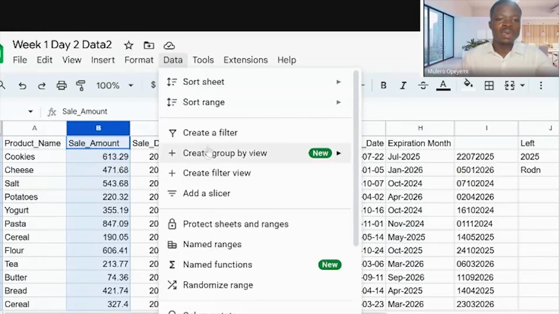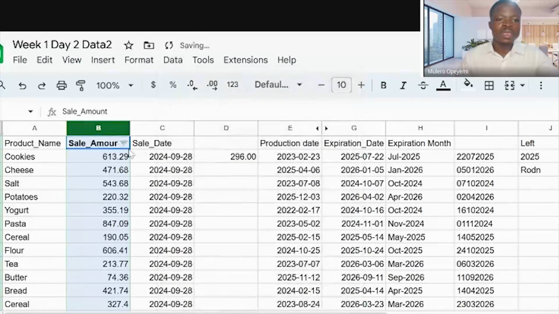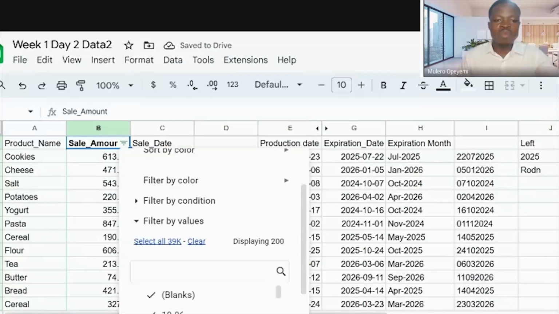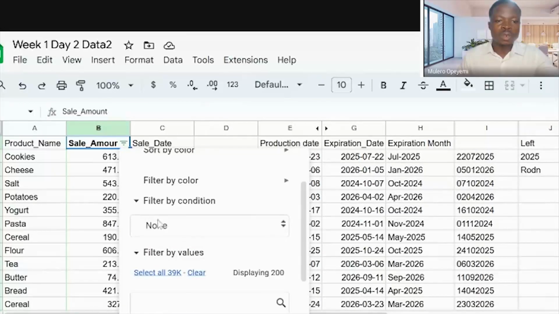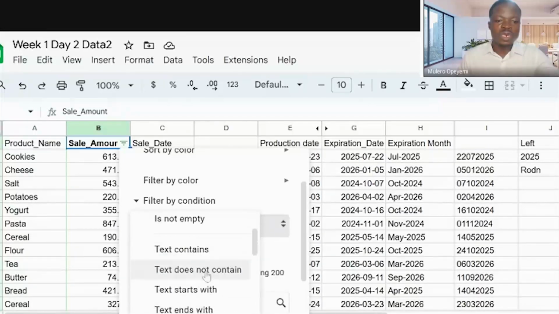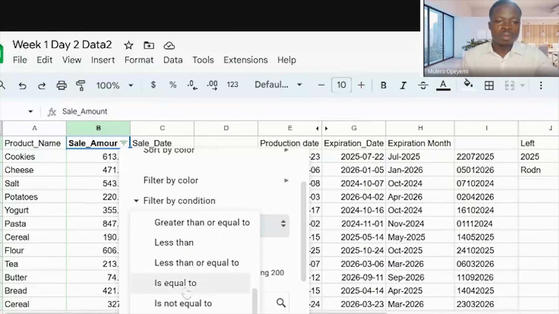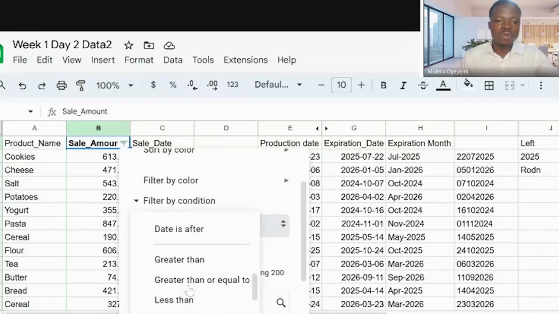Data, then create filter. Then I'll filter numbers that are above 400. Filter by condition, greater than 400.